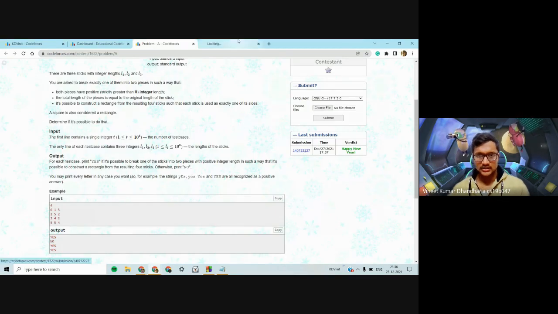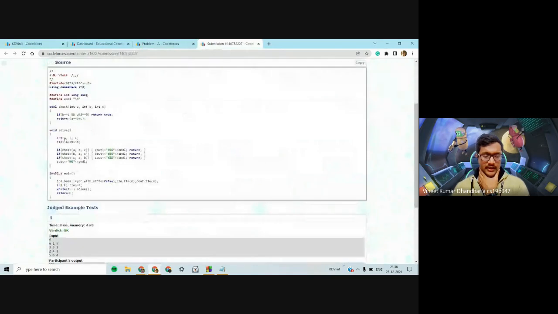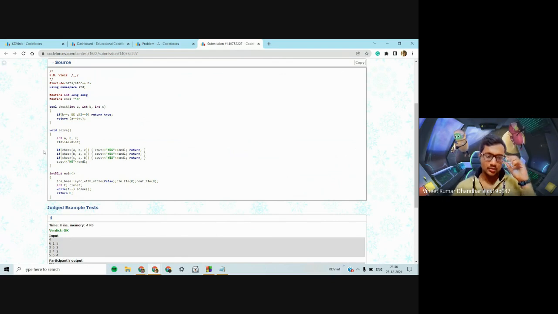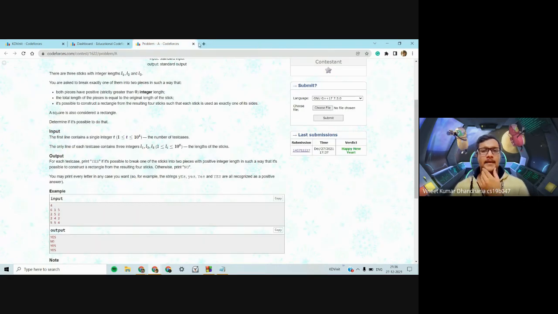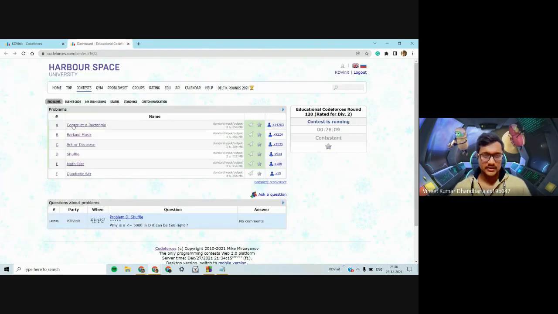So I will just share my code. Okay, so you take in the input, you brute force over the stick which you will break, which is A, B, or C. If for any of them you can do it, you print yes, else you print no. To check for one, you check A, B, C. If B and C are equal, and A is even, you return true. Otherwise, A should be equal to B plus C. So if A is equal to B plus C, this would return true, else it would return false. That's it for A. I guess A was a pretty simple one.